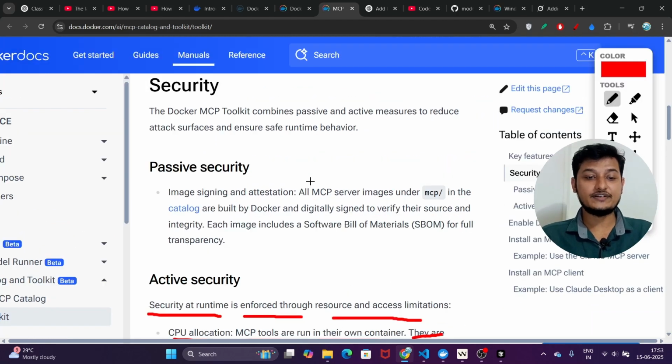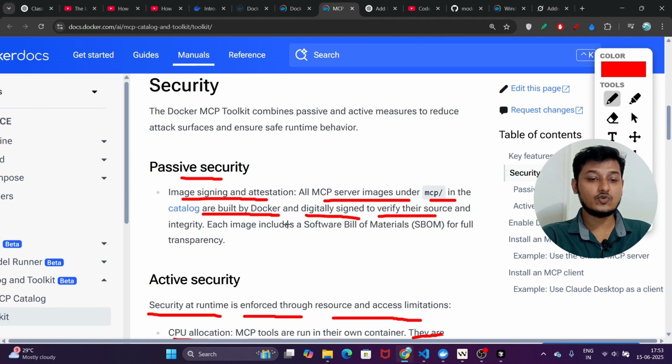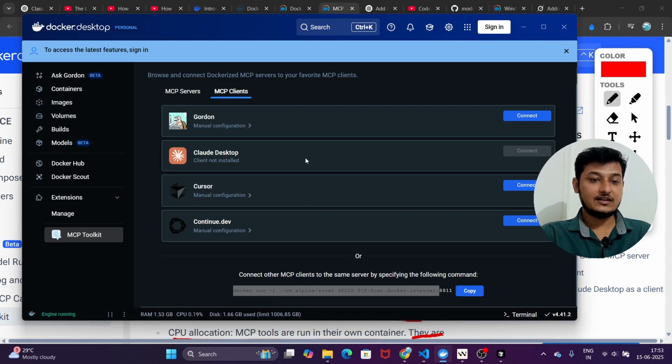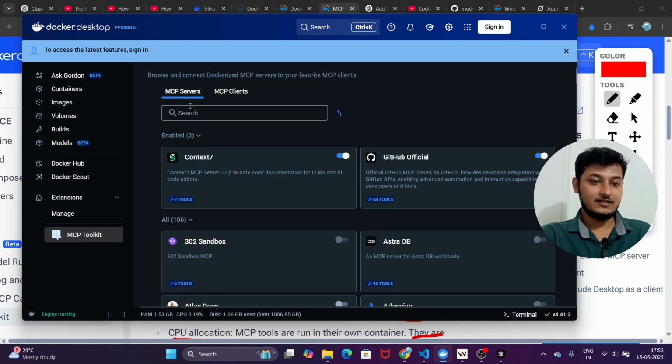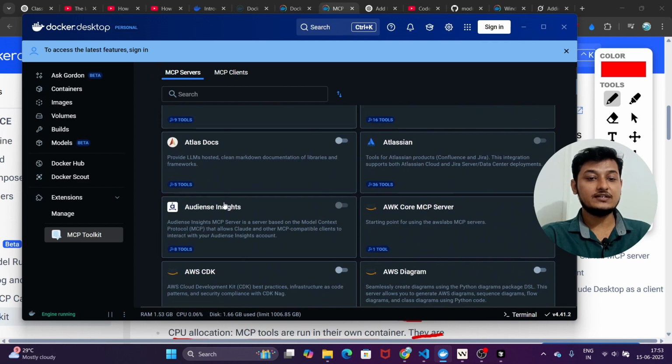This is actually great. And there is passive security also. Image signing and attestation: all MCP server images under this MCP in the catalog are built by Docker and digitally signed to verify their source and integrity. Each image includes a software bill of materials (SBOM) for full transparency. Meaning all of the MCPs that you are currently seeing in this Docker MCP toolkit, it is actually